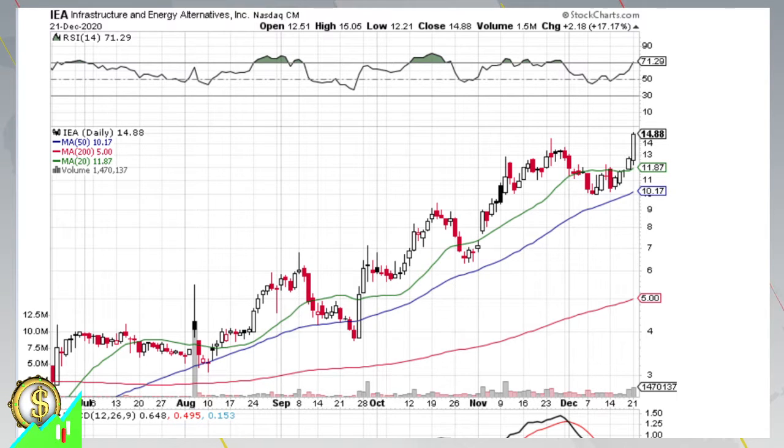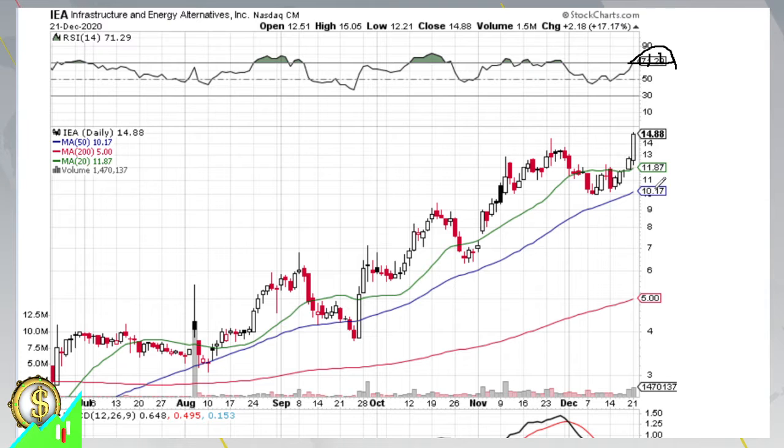In today's episode, we will talk about IEA, Infrastructure and Energy Alternatives Incorporated, traded at Nasdaq. The stock today did show a nice white candle with some very minor shadows upwards and downwards, and the major price action was actually finishing at 14.88, going higher than all previous half a year price actions, and just trying to reach the overbought area here RSI wise, so trying to send price into the overbought area where we could accelerate and maybe finish the formation of the current